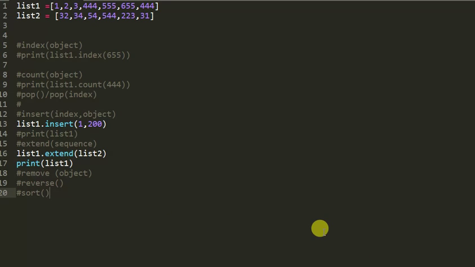Now we have to check the remove object. So how can we remove an object? For example, we want to remove 555. I'll delete them here. For example, we want to